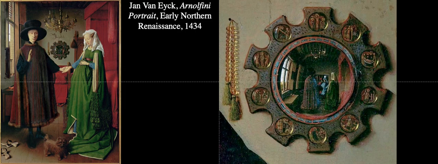In what I think is one of the all-time great passages in the history of Western art is this mirror on the back part of the wall. And to give you an idea of scale, this object here, this mirror, is about 3 inches across. It's about the size of a coffee cup. And in that coffee cup, Van Eyck has painted Giovanni,